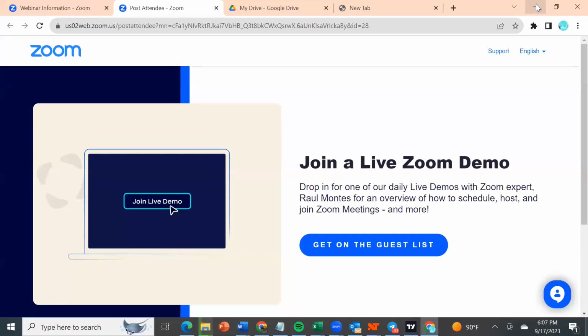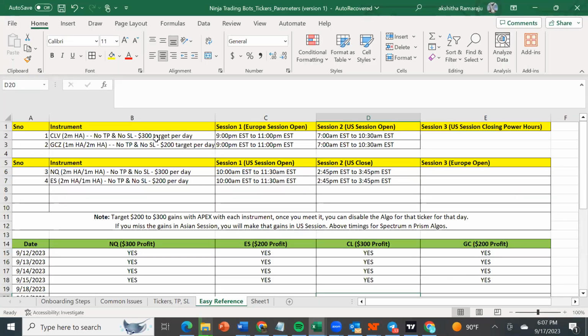We see that most of the members are trying to run the bots, even though we specified certain timings which are good, which are generally where there will be a lot of volume, where we can make nice profits. But few members continue to run the bots throughout the day, and they are making profits and again losing it, because the market always runs for a certain time. There will be a good momentum, and then again there will be consolidation. Again there will be momentum, consolidation. So whatever profits they are making during that momentum, again because of the consolidation or choppy phase, they are losing